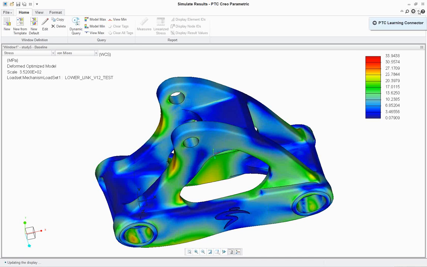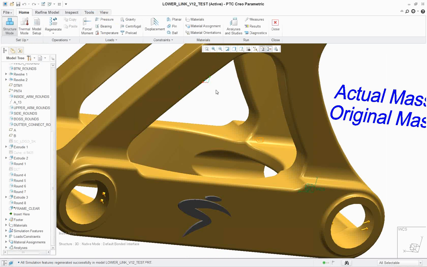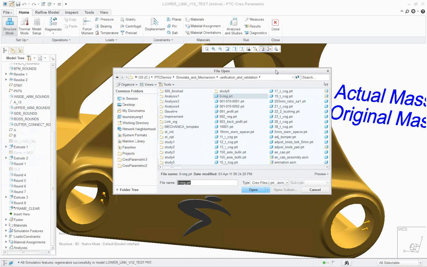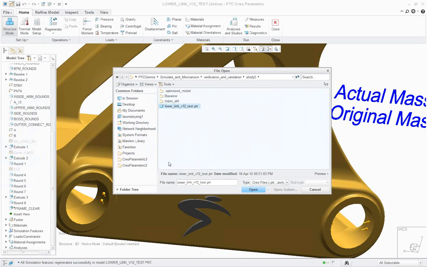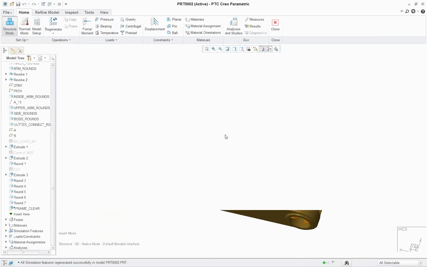Now at the end of this, I'll close this, and the other thing about Simulate whenever it does this is that it saves an exact copy of the optimized model. And so in this case, whenever I go into that study, it has a folder there where it saves an exact copy of that model with the perfect dimensions. And so now you can open this up and see,